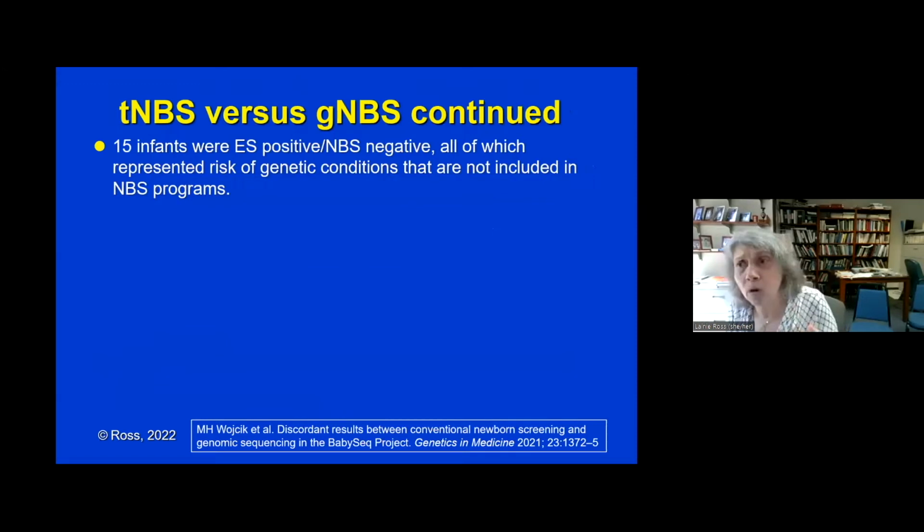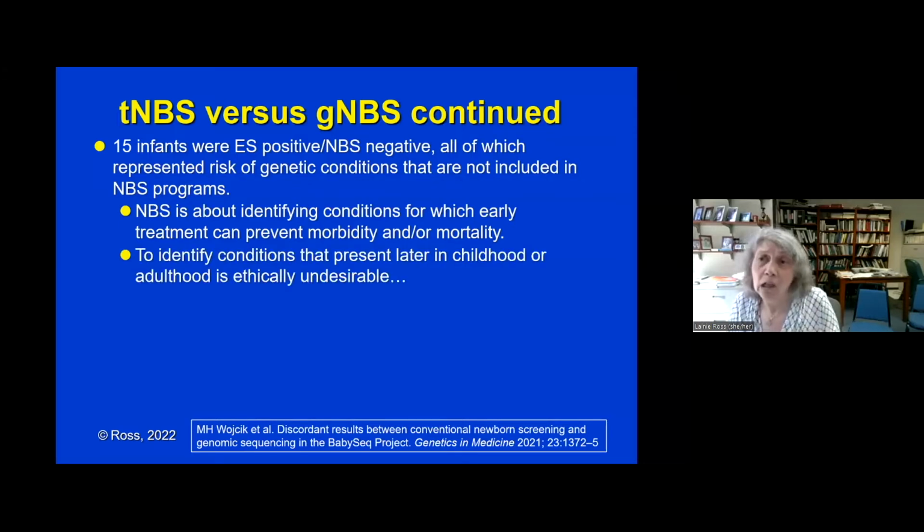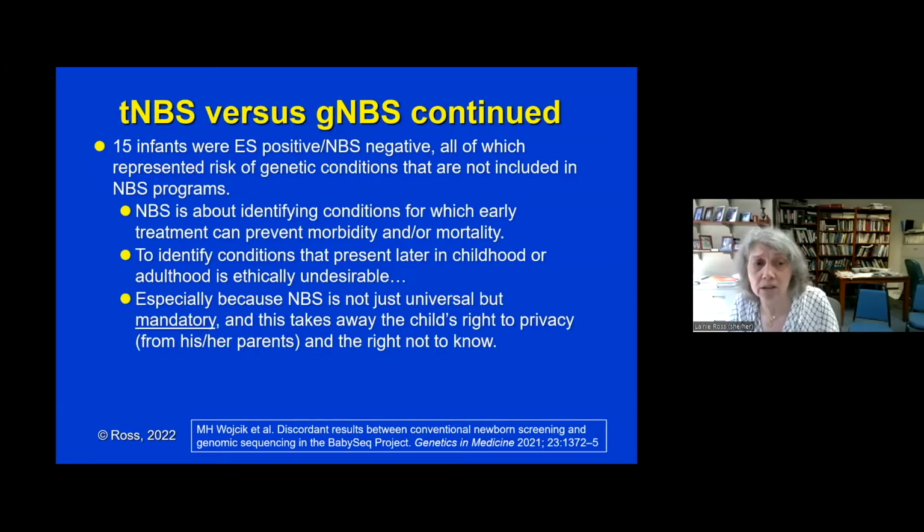Most importantly and most disturbing is that 15 infants were exome sequence positive and traditional newborn screening negative, but all of these represented risk of genetic conditions that are not included in newborn screening programs, which are really based on identifying conditions for which early treatment can prevent morbidity and or mortality of the child. To identify conditions that present later in childhood is actually ethically undesirable, particularly because newborn screening is